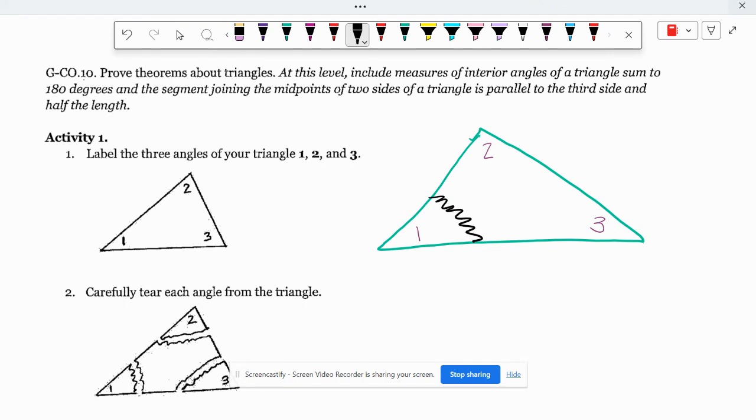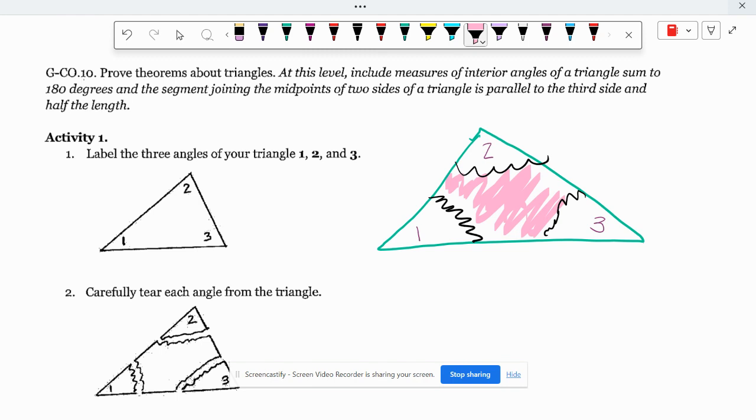So I'm going to go ahead and do this activity with you while I am drawing it out on the board. So I'm going to number my triangle sides 1, 2, and 3. And I'm not numbering the sides, actually. I'm numbering the angles. And then I'm going to just rip all of the angles off. I don't care about that middle piece. When I rip all of my angles off, I had this middle piece right here. I'm just going to throw it away